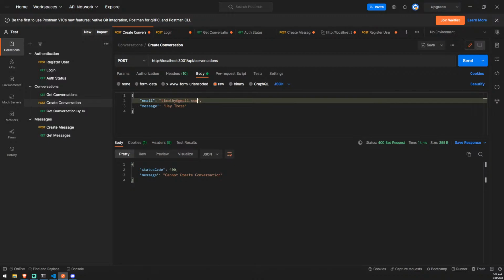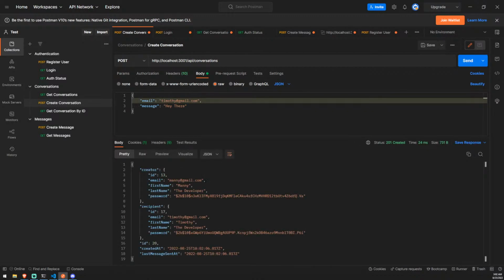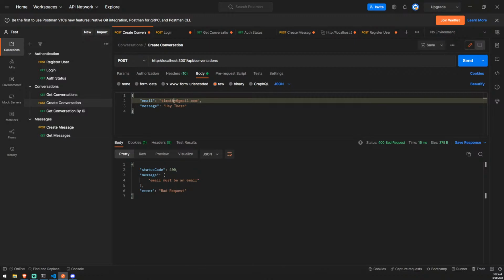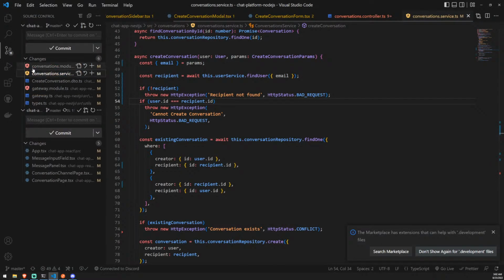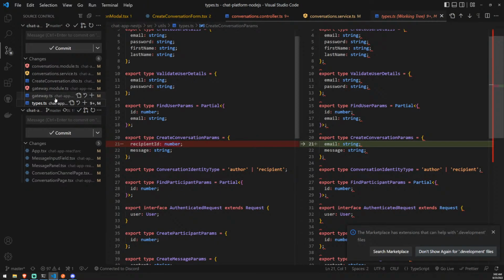So I should be able to create one here. So I just created a conversation. Okay, good. With the email, and that's good. Now, of course, if I provide a user that does not exist, it's going to say recipient not found. Good. Okay, so we just have to make that small change to our code. So instead of creating it with the ID, we have to create it by